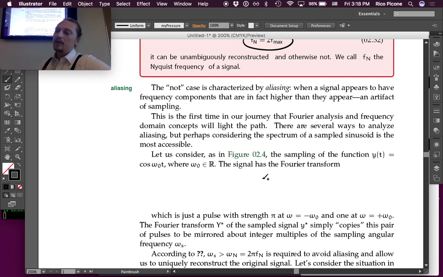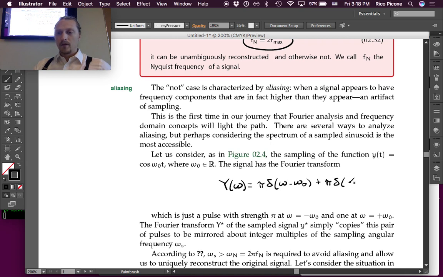The signal has the Fourier transform, as you might recall, Y of omega equals pi delta of omega minus omega naught plus pi times delta of omega plus omega naught, which is, if we were to remember what the sketch looked like, if this is the spectrum,